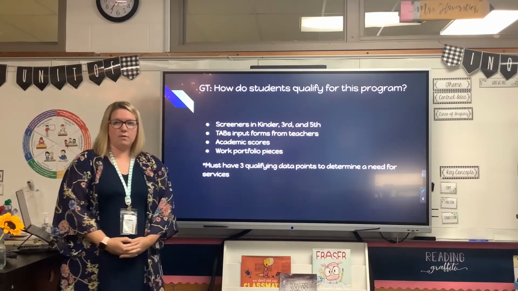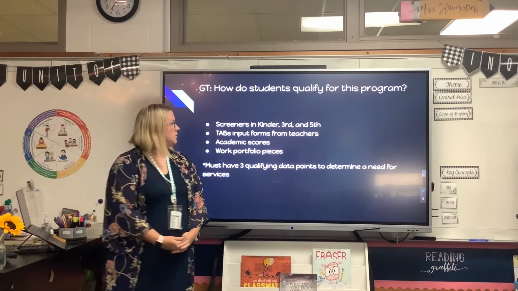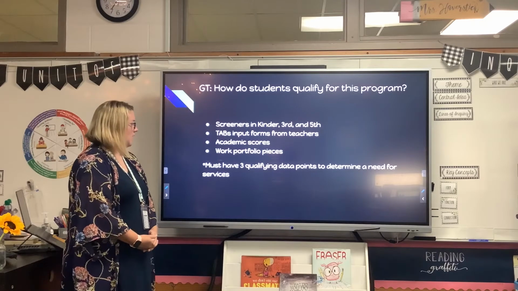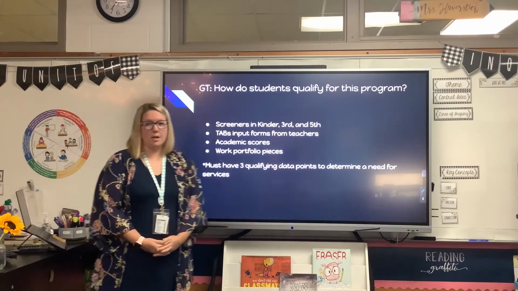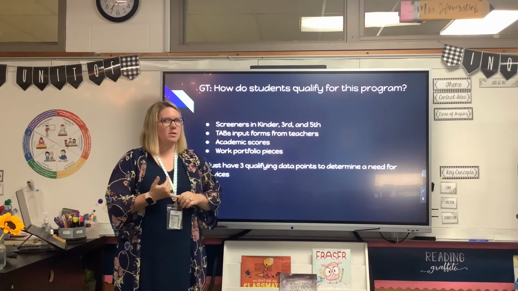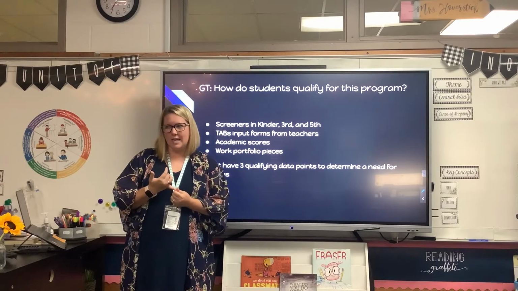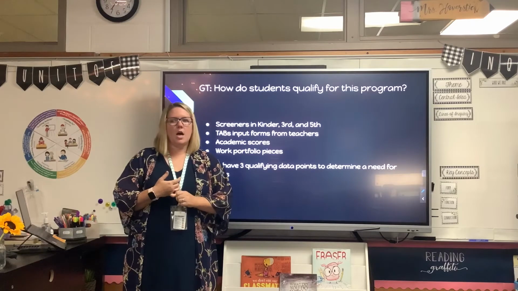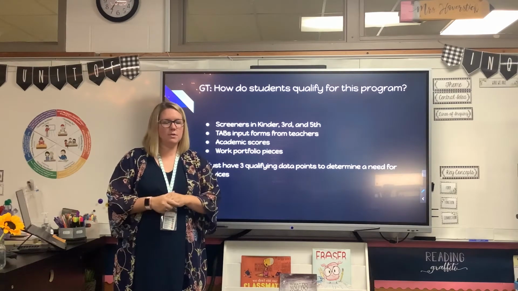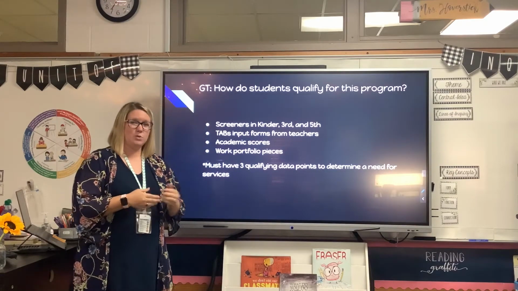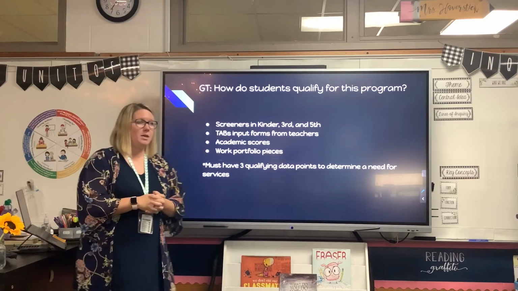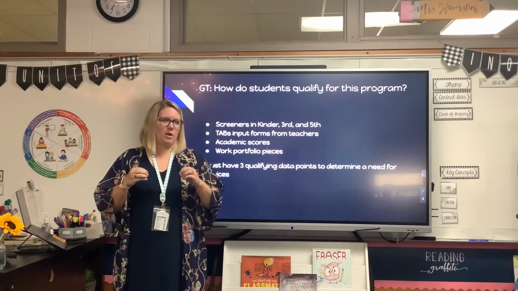In our district, we give different types of screeners. We give a general screener to children in kinder, third, and fifth, and other screeners can be used as well. And then there are TABS input forms, which are basically characteristic forms about creativity, insight, inquiry, ability, independent or individual goal setting and successes, that they investigate and have passions. So these are characteristic forms that can be filled out every year on these learners, especially learners in non-screening years, which is potentially helpful because sometimes they don't show that much qualifying work on the screener, but through the TABS form in the next year, some areas are starting to pop and show up,